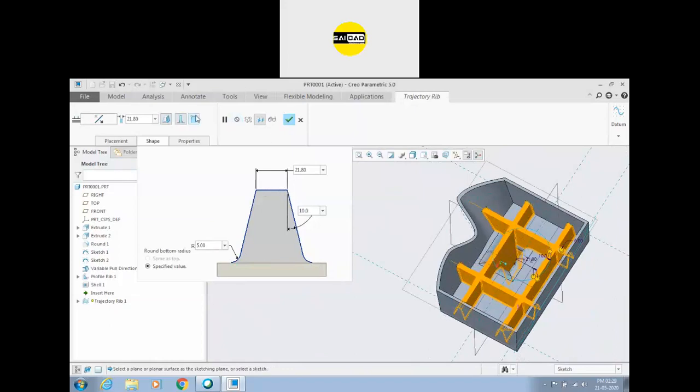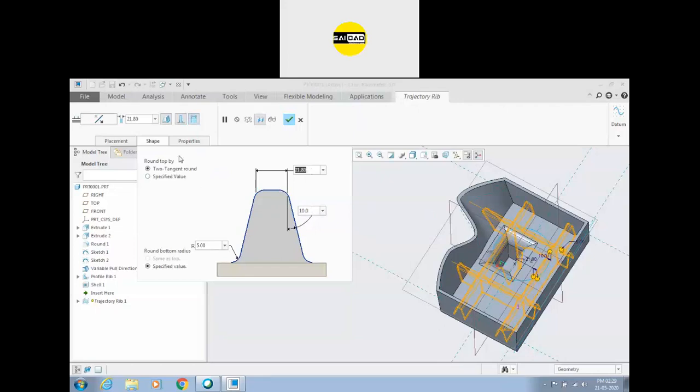So if you want to add some fillet on the upside, there is the option. On the exposed edges, these are the exposed edges, you can apply the fillet on that. So use the edge option, use the fillet. So we got the option thickness is here, and the fillet round top by 2 tangent rounds. We don't want the tangent, we want to specify the value. Select the specified value. Okay, go to the value, define the value. I want to define that to be 5. Okay, so we are getting some errors.